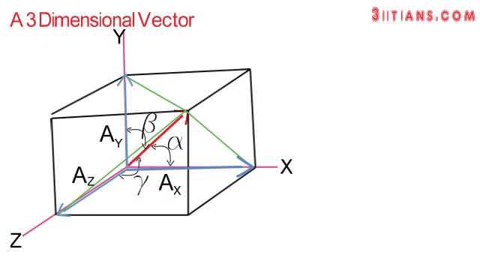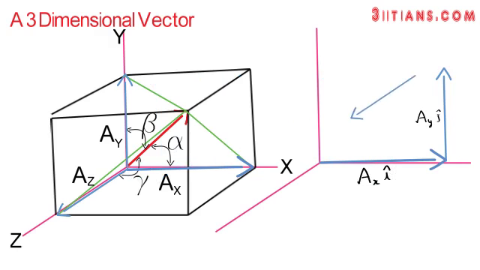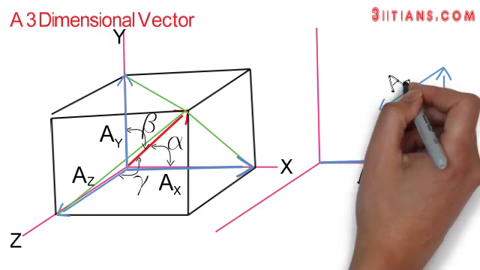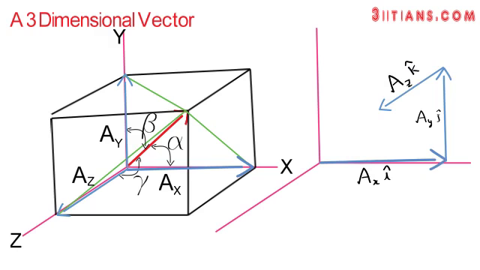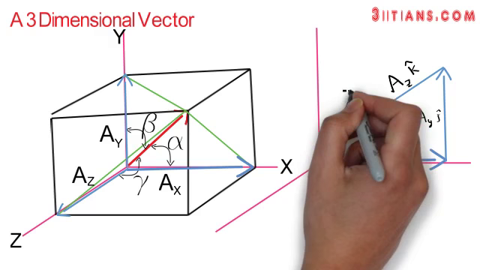Just to make some more clarity, I will redraw the figure. I will shift the x, y and z axis first. Then I will shift the x component ax. So this is the x component ax. Then I will shift the y component ay. So this is the y component ay. And then I will shift the z component az. So this is the z component az. Now I am going to shift the A vector. The tail of the vector will be kept on the new origin, and the head of the vector will be on the head of the az component.